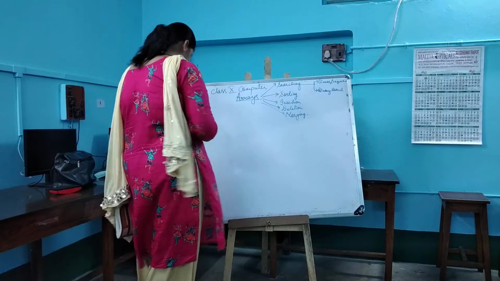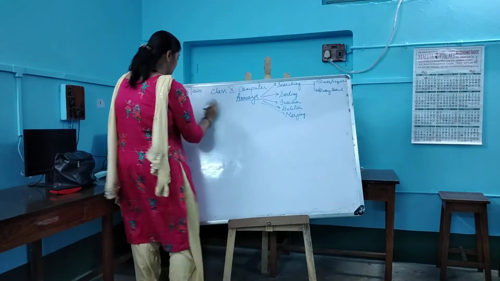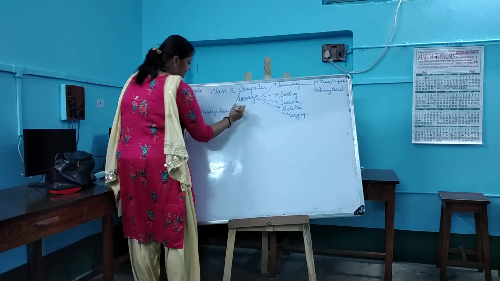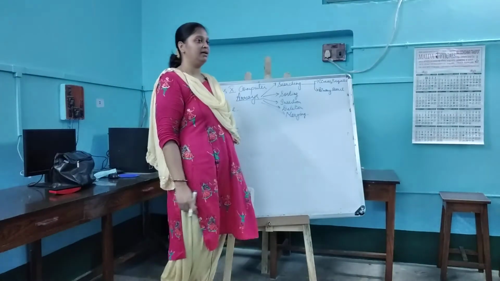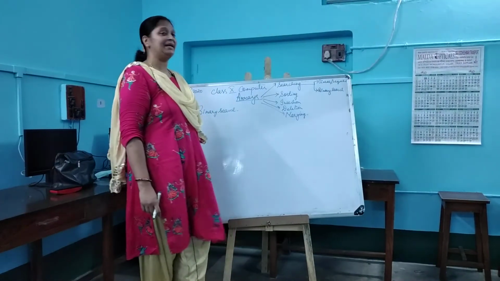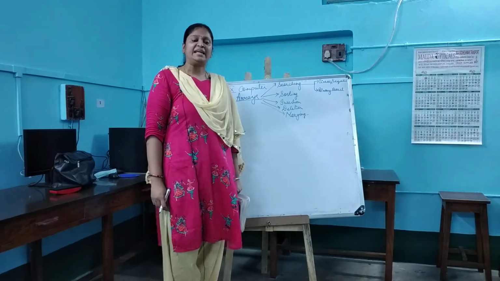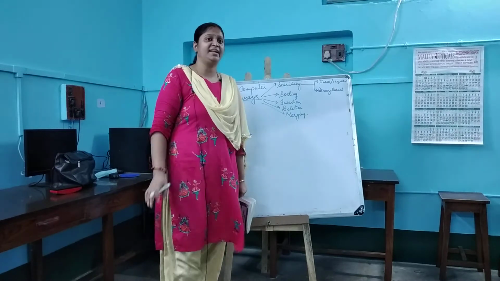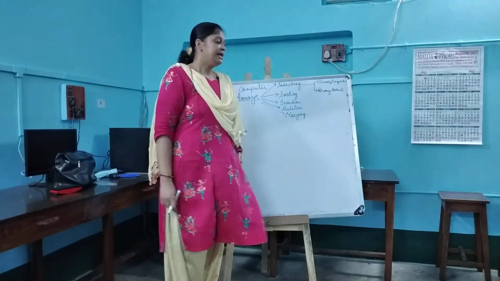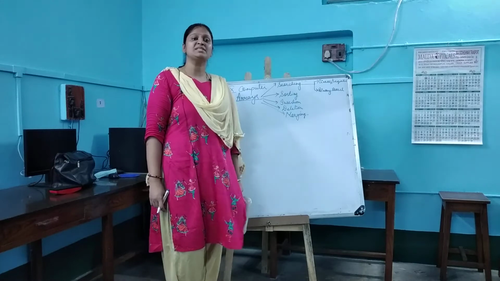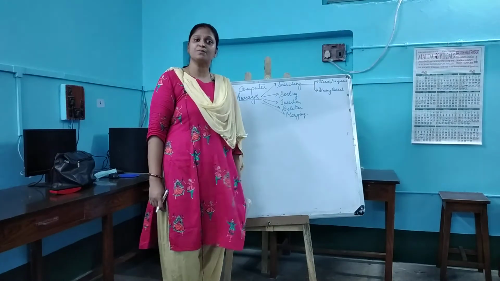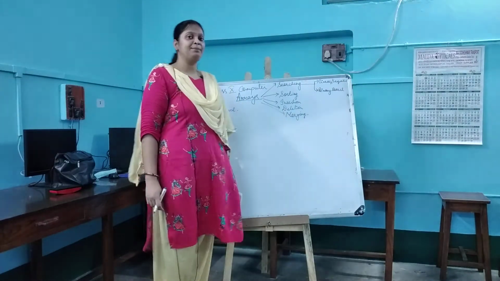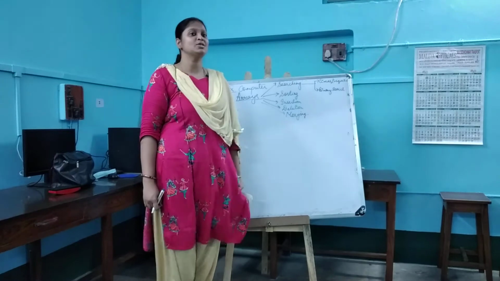Now, binary search. Before starting binary search, I would like to say one thing, a difference between linear and binary search. In case of linear search, the list of elements where we are searching is ready for us to be searched for the item. We do not have to see whether the elements present in the list are sorted or not. Linear search technique is applied in both sorted and unsorted lists.